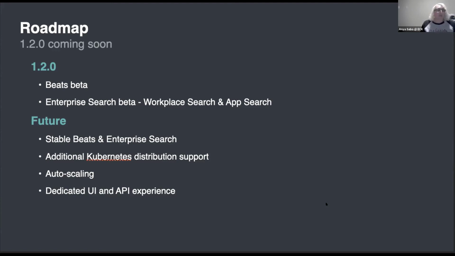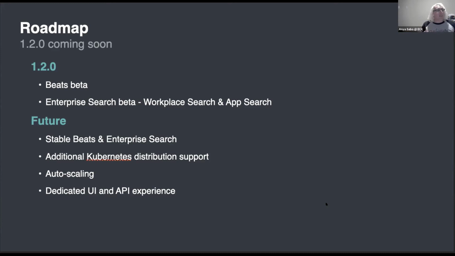So what we're really hoping for is to make that story better. There's still ways, given those primitives, that you can build your own auto-scaling logic on top of that, but there's nothing out of the box right now. And so that's something both us, the ECK team, and the Elasticsearch core team are working on. How can we solve this together and make good scaling decisions based on the knowledge that Elasticsearch has and what ECK can actually do?